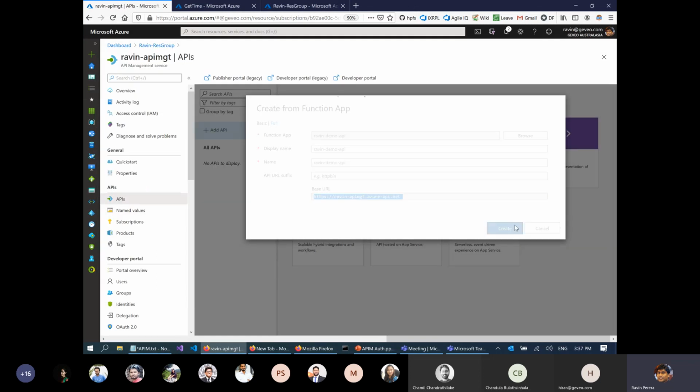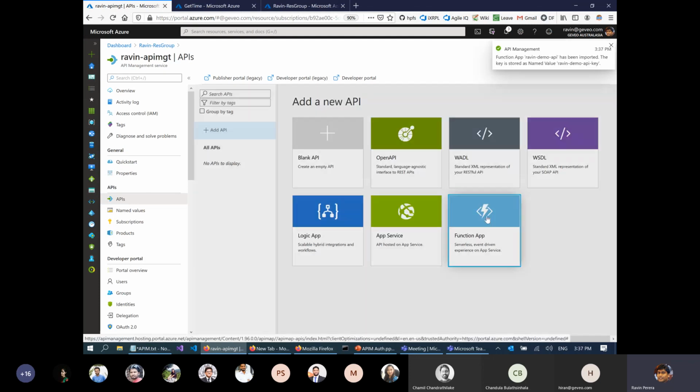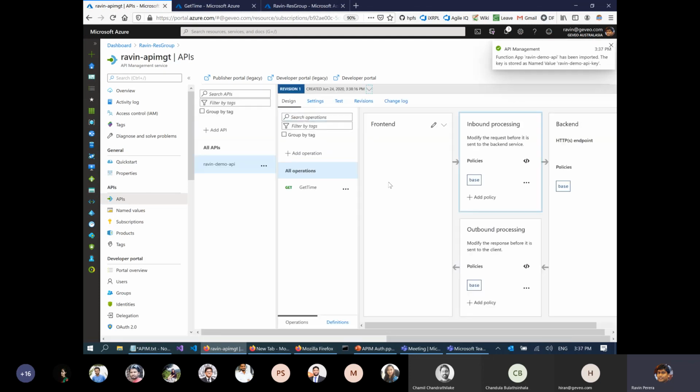I'm going to create it. I think the PEMS team is already familiar with this stuff, as they are already using API management. Right, so you can see API management has now detected this get time function.